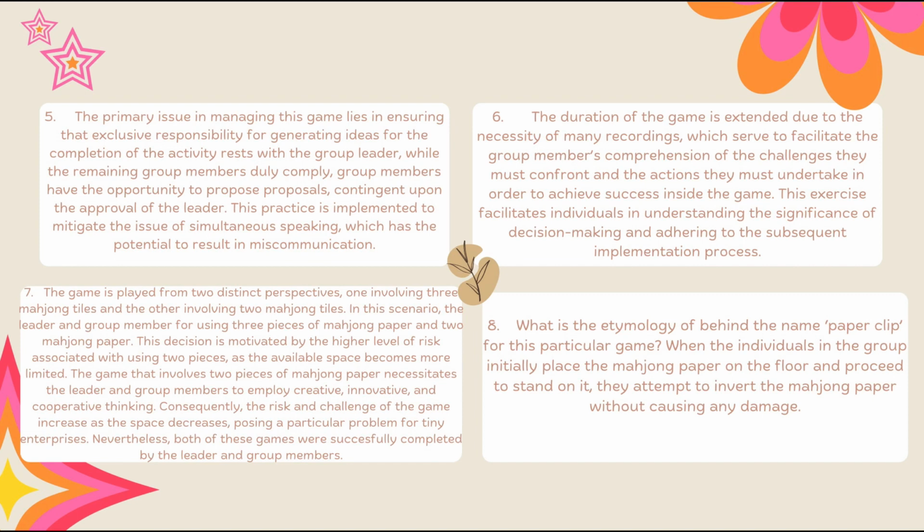7. The game is played from two distinct perspectives, one involving 3 mahjong tiles and the other involving 2 mahjong tiles. In this scenario, the leader and group members were using 3 pieces of mahjong paper and 2 mahjong paper. This decision is motivated by the higher level of risk associated with using 2 pieces as the available space becomes more limited. The game that involves 2 pieces of mahjong paper necessitates the leaders and group members to employ creative,